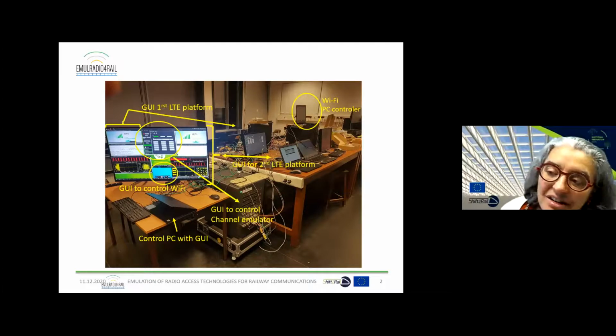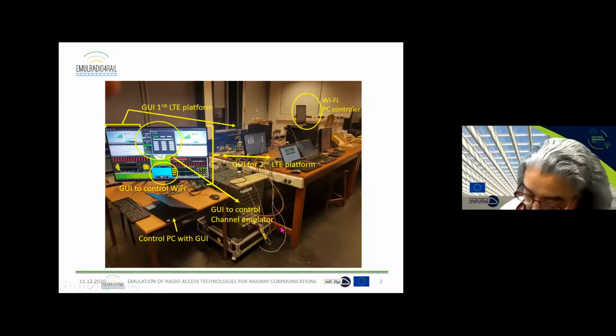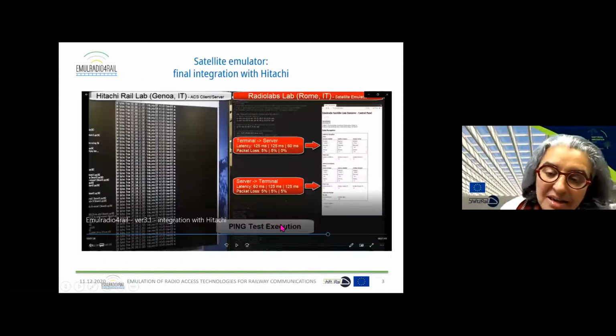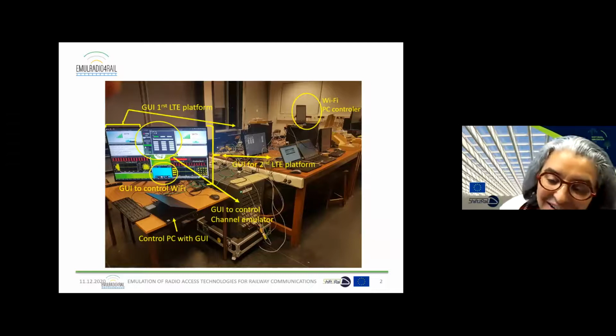And I don't know if OpenAirInterface can be reduced a lot because we need some resources. You have seen that it's important to have resources. If you see here, the big computer is for the EPC, and you need some resources for computing everything. We were very happy that, yes, I would like to say that with this kind of platform at RF level,